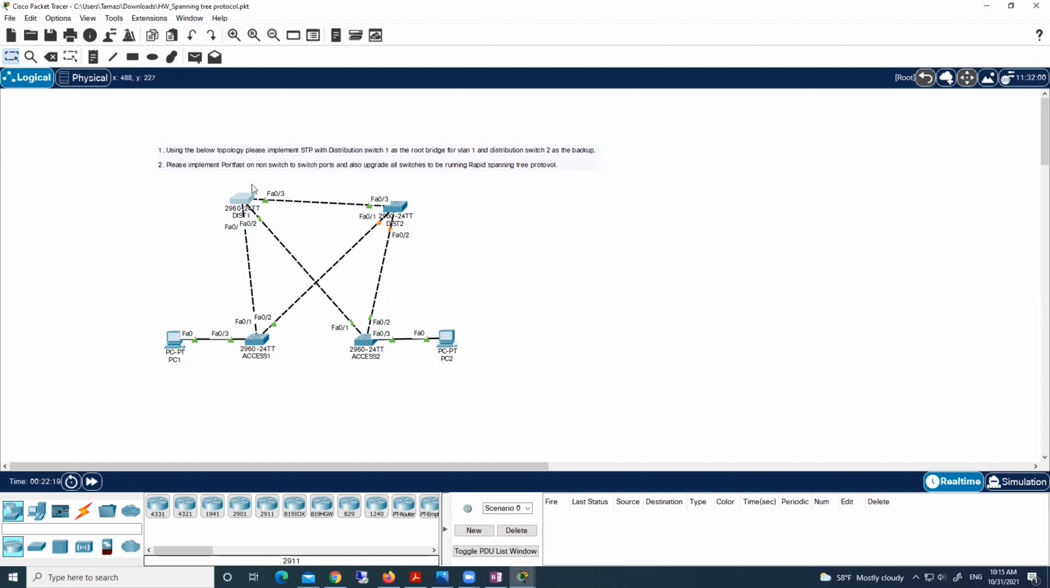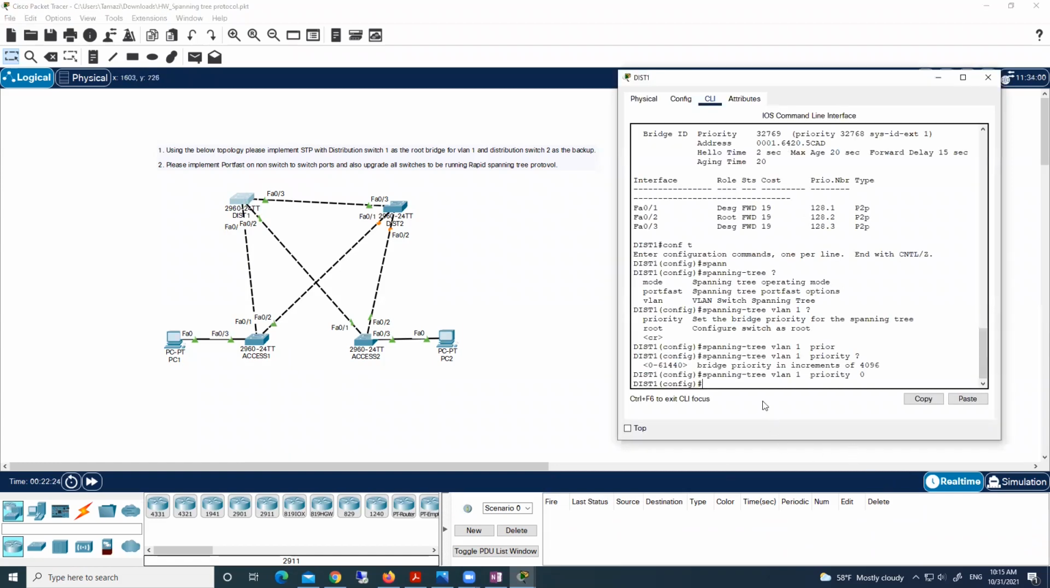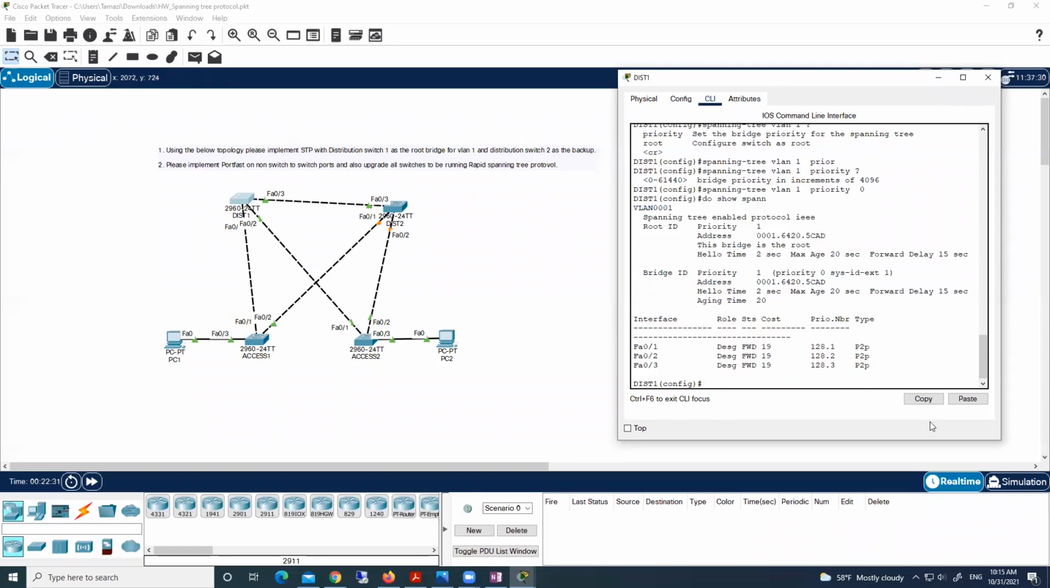now let's check this switch. If you made this switch a root switch, do show spanning tree. And indeed, look here. Now we have all ports as designated ports, and all ports are in forwarding state. We made this switch the main switch, the root switch, forced,